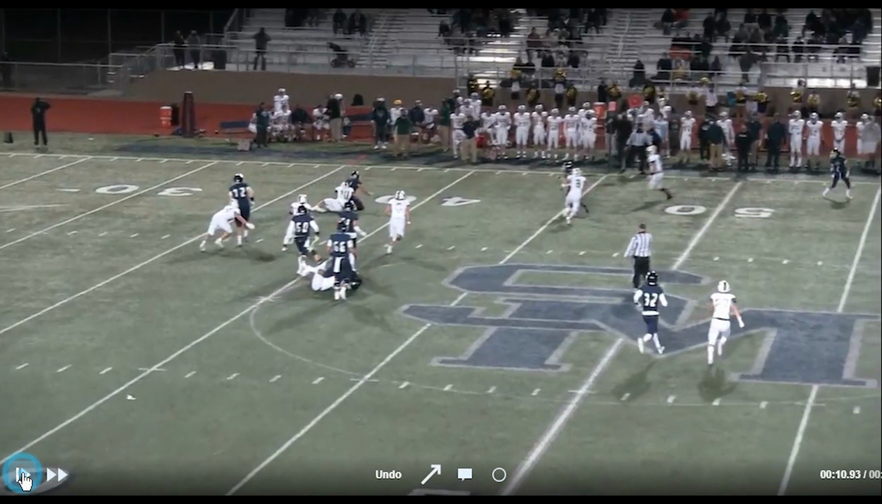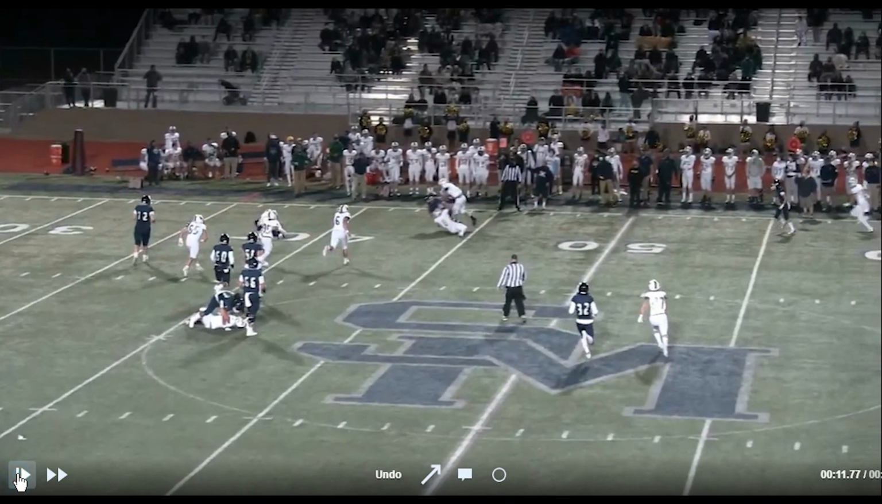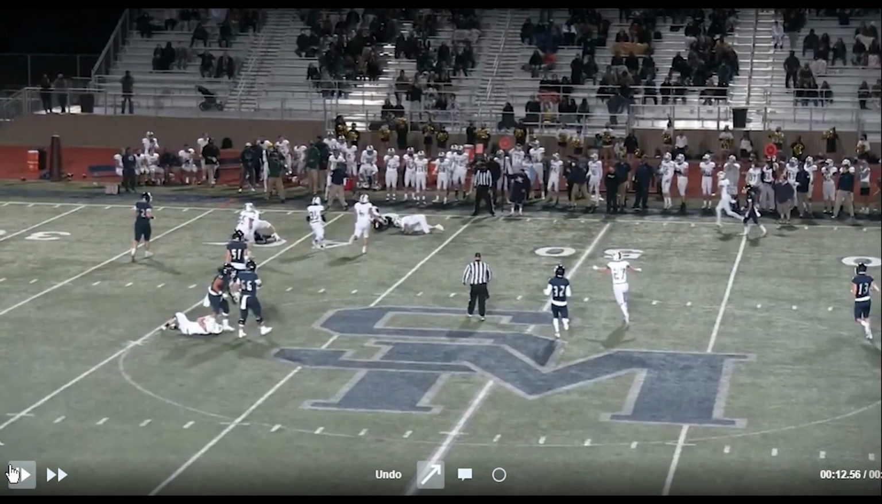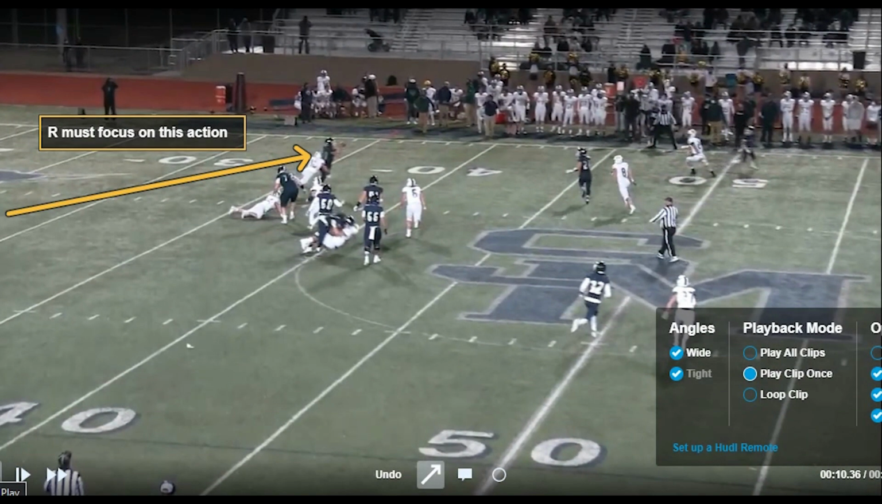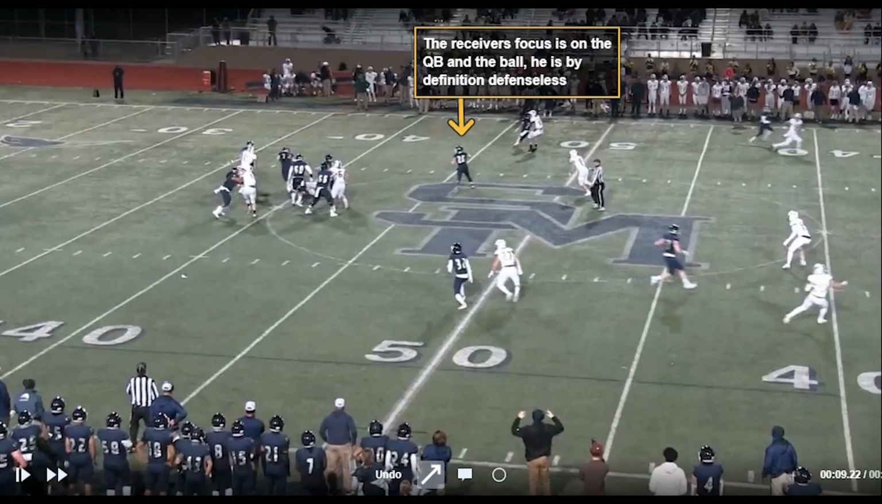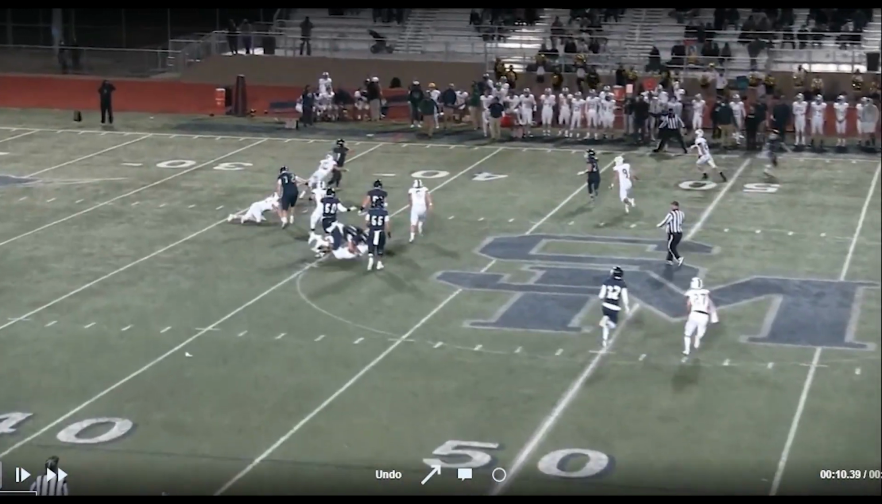But as you can see, the umpire has pivoted perfectly, and the back judge has his focus on the players involved. The referee, however, must observe the hit on the quarterback so he can be of no help. On this play, the receiver is definitely defenseless, with his focus on the ball and no time to establish himself